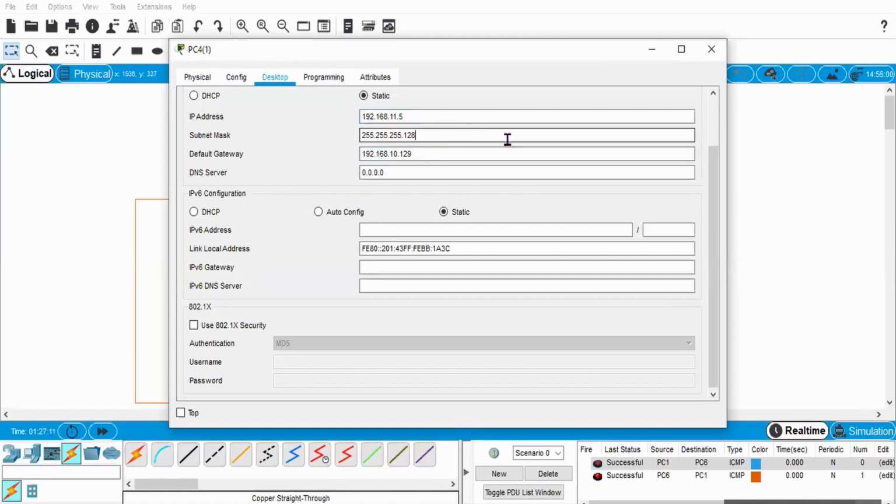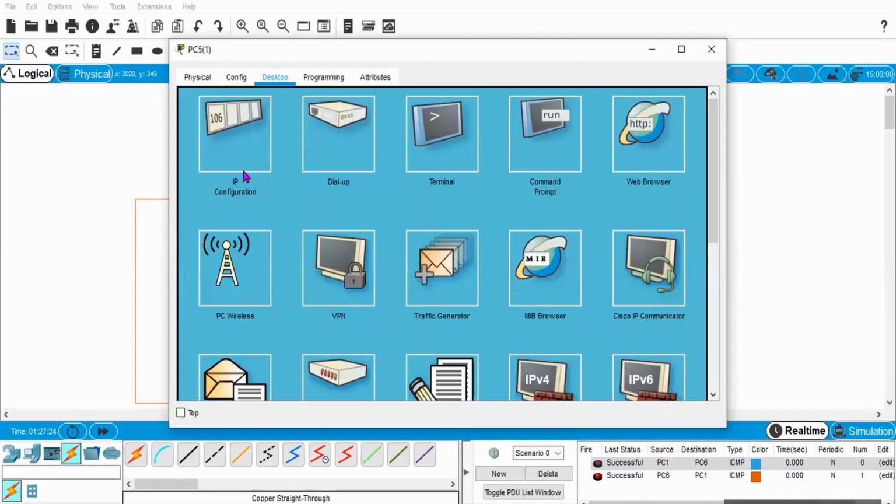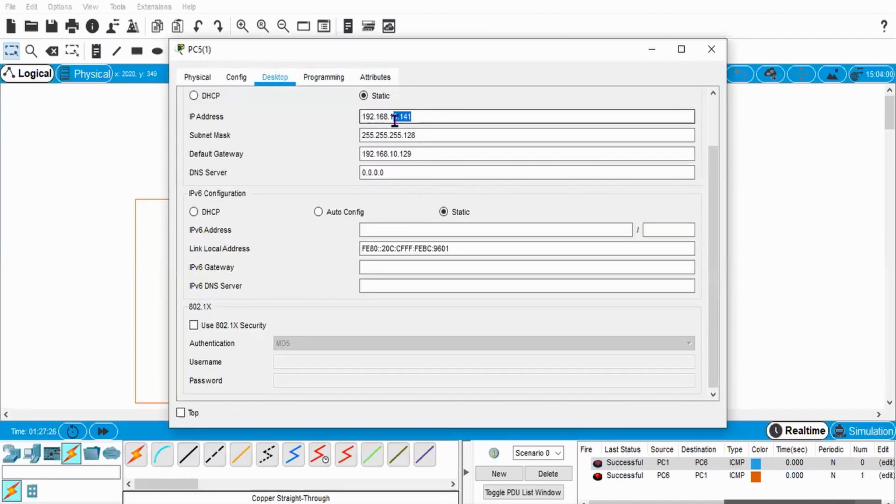Then this is 0, and this is 11.1. So again I'm going to one more PC, and this is 11.5, 255.255.255.0 here, and this gateway.